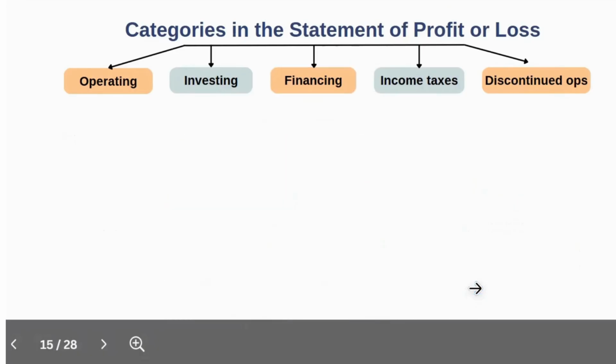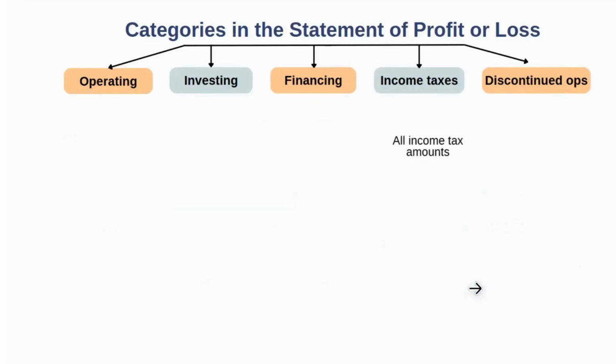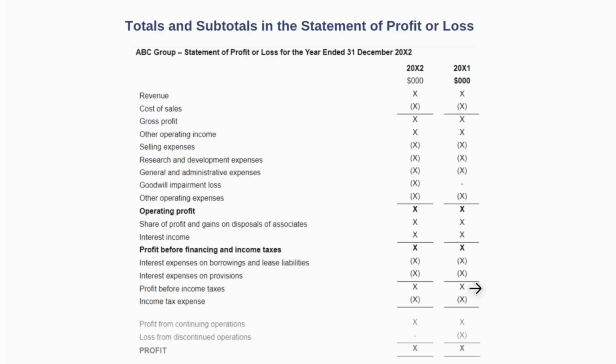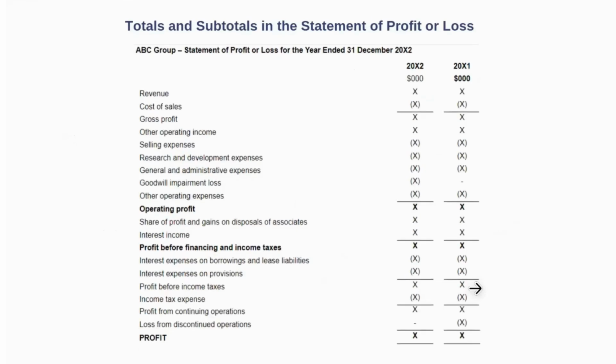Okay, so the next is income taxes. All income tax amounts should be classified under income taxes, and income and expenses associated with discontinued operations should be classified under the discontinued operations category. Now let's look at the totals and subtotals required by IFRS 18